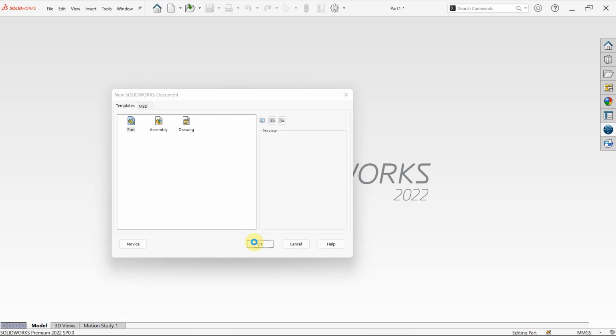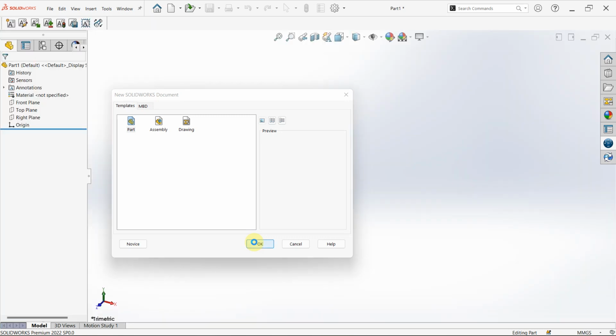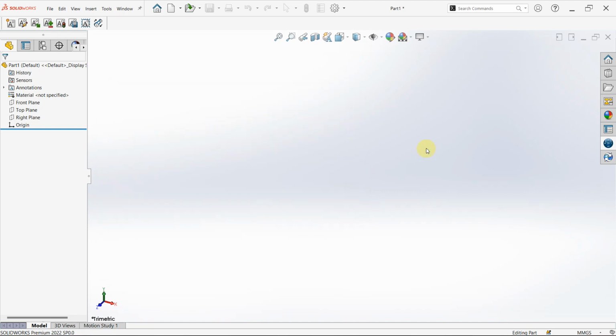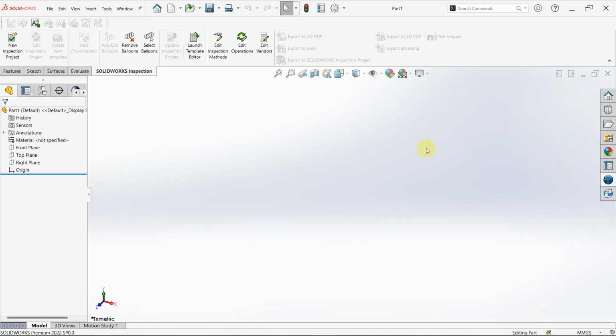It will take a little time to load the part interface. Now it is almost done. Yes, it is done. We can start